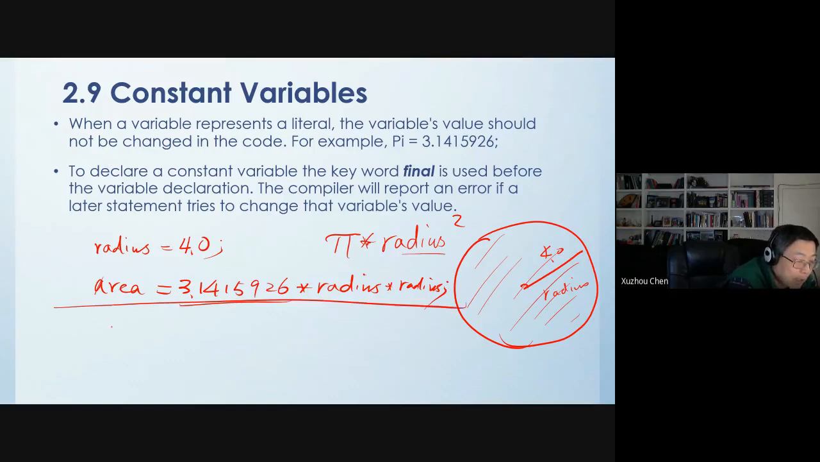I want to define this as pi, and I can use this as a constant variable. So I declare it as a constant variable. What am I going to do? Then I can use final. Okay, final double pi equals this. So I'm declaring a variable pi, but it's a constant variable because I use the final keyword. So then the area is going to be